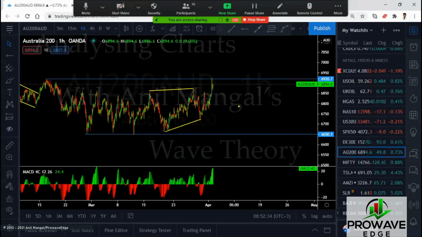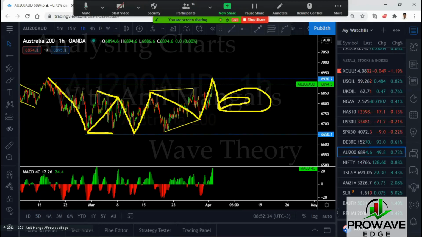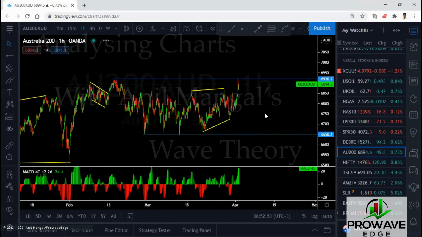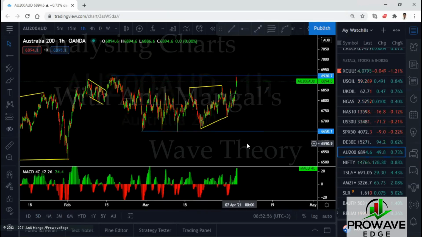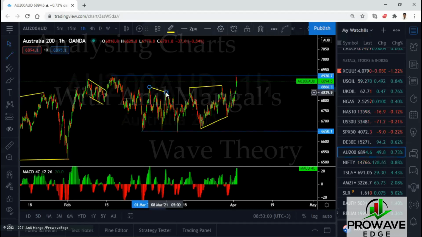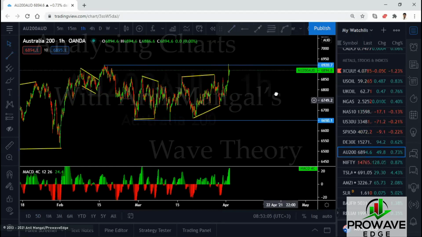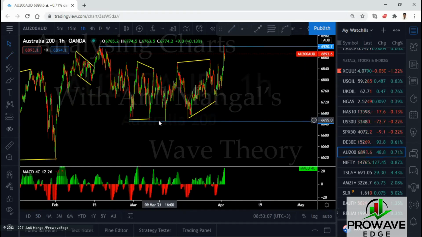See this flat here now? This flat belongs to this down, up, down move. So you get 1, you get 2, and you get 3. I look for a 1, 2, and the 3 here. And then the upside. So if you get a sell setup, it's worth taking. The third wave doesn't have to be similar to the first and the second one. It could be really sharp, right? And if it is sharp to the downside, good for you. So the third wave is worth going for. If it's a sharp one to the downside,